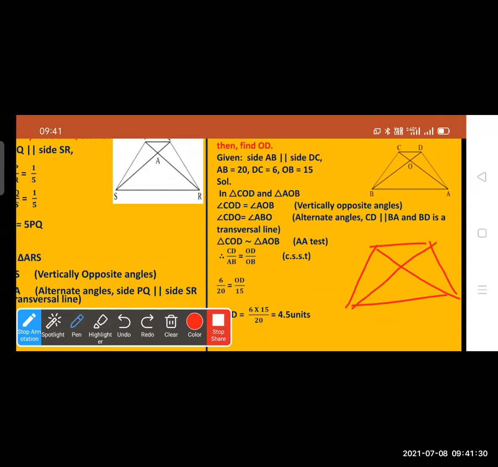If you take these two triangles, this angle is congruent to this one, that means vertical opposite angle. और दो लाइन का ट्रांसवर्सल है तो ये अल्टरनेट एंगल हो जाएंगे. तो दो कंडीशन रहेगी आपके पास. First one is the vertical opposite angle and second alternate angle. That means these two triangles are similar. If two triangles are similar, then we take their corresponding sides, CD by AB, OD by OB. Then substitute all the given values here and you can find the unknown value. Okay, Siddhi? Okay, Miss. Thank you.